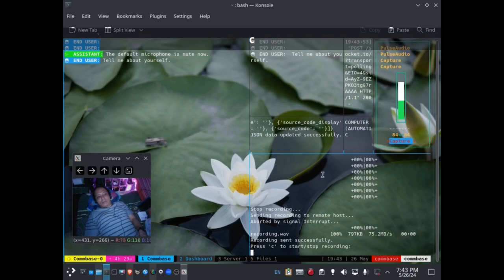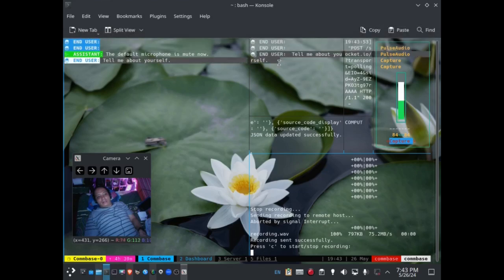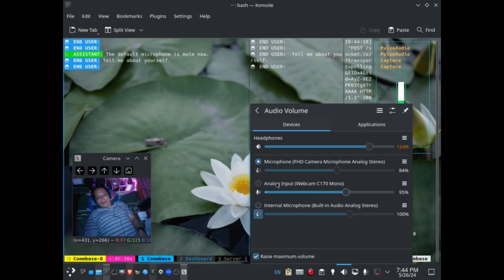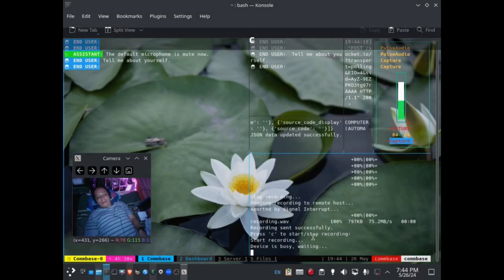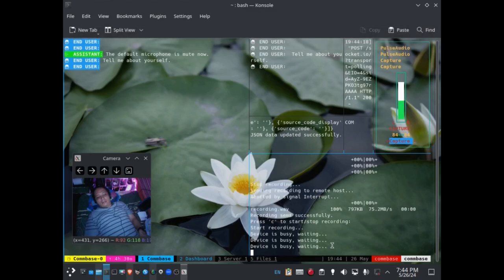Press C, it is recording that. So the STT engine has to interpret what I'm saying. Okay, it didn't in this case because it was mute. I touched it. But if I press C, it's busy, right?